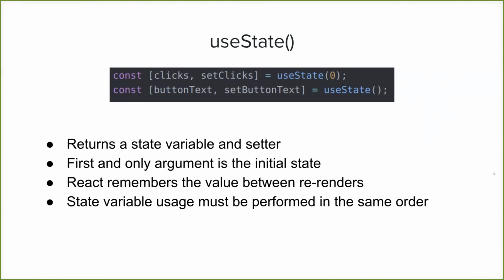What this does is it hooks this instance of our component into the React runtime. Every time the component is re-rendered, it will essentially ask, hey, has this instance already gotten its state variable? And if it has, it will return us that state variable associated with this instance. So zooming back out,